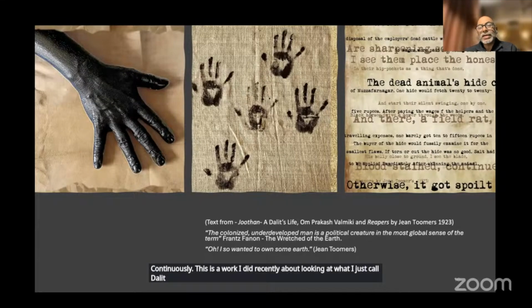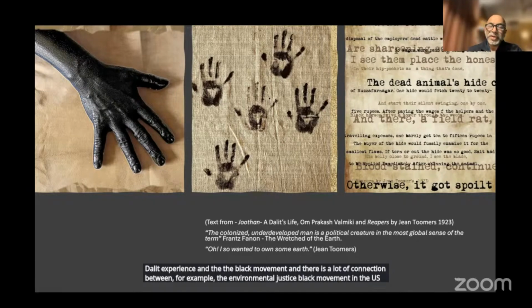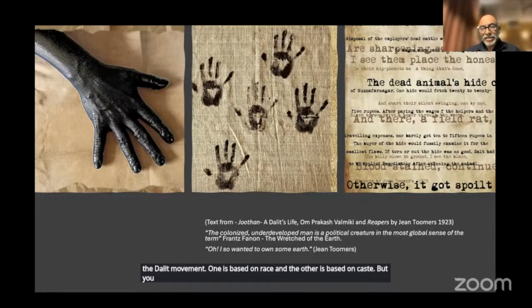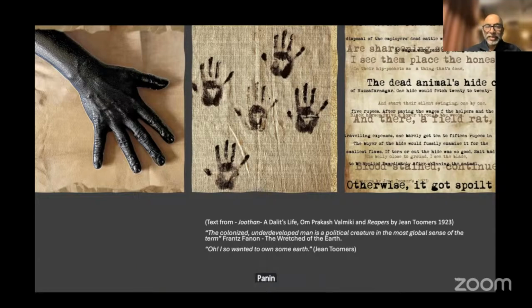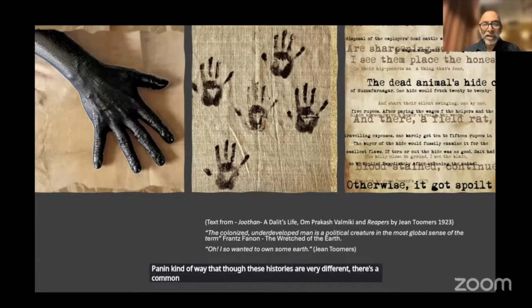experience and the Black movement. And there is a lot of connection between, for example, the environmental justice Black movement in the US and the Dalit movement. One is based on race and the other is based on caste. But you find this in these histories of oppression in a Frantz Fanon kind of way, that though these histories are very different, there's a common history of oppression in